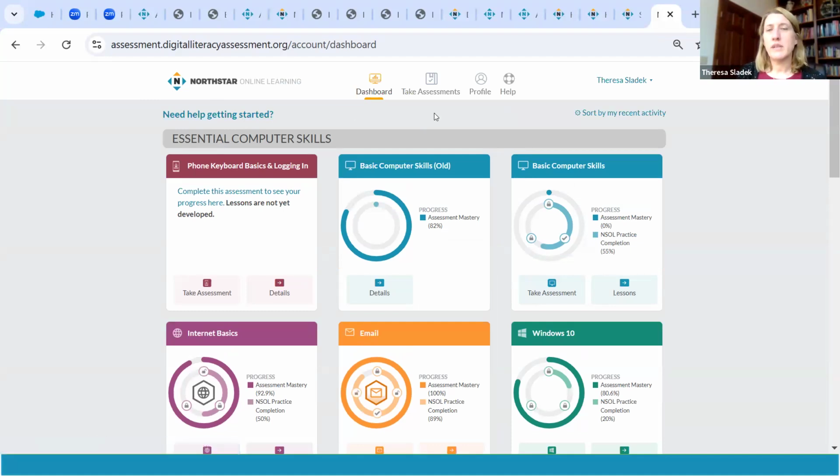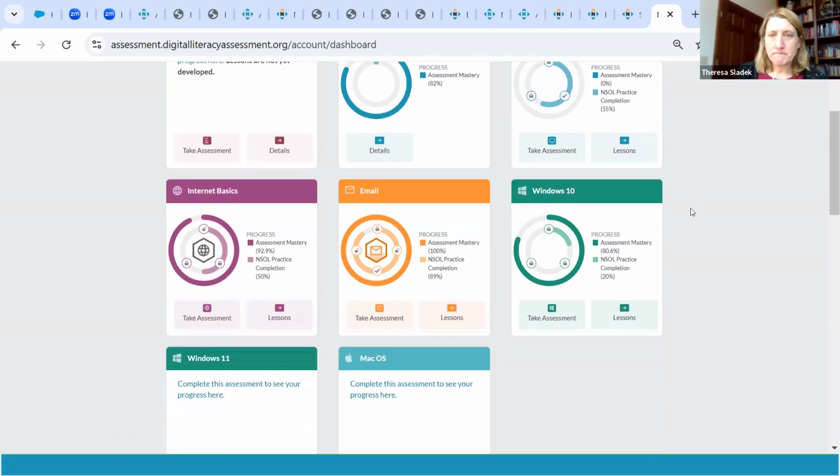You can also find those same videos under the help here in the middle where it looks like a soccer ball. So remember, help button or need help getting started. When they're looking at their dashboard,